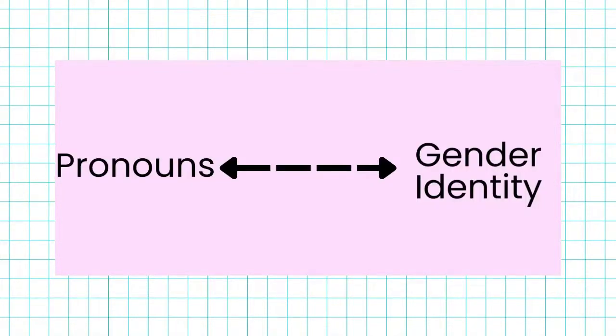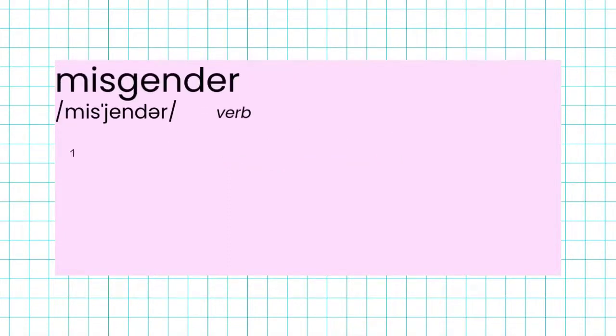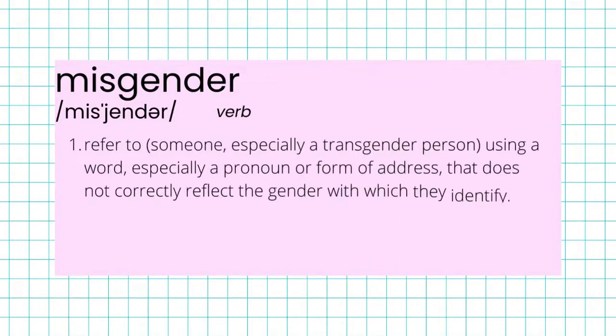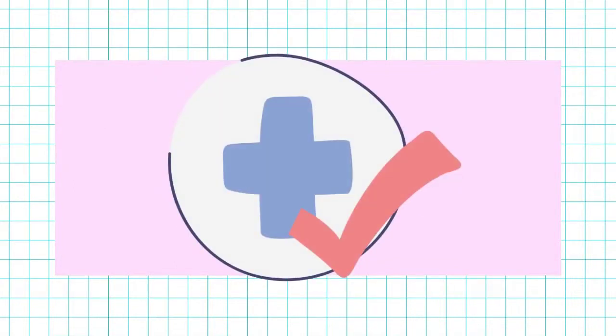Gender identity and pronouns are not interchangeable. Someone who identifies as a woman may not use she/her pronouns, or someone who uses they/them pronouns may not identify as non-binary. To be most respectful, use they/them pronouns when a client has not provided their pronouns to you. Using someone's incorrect pronouns is called misgendering, and it is associated with increased psychological distress and suicidality. So, using your patient's correct pronouns is actually associated with better health outcomes.